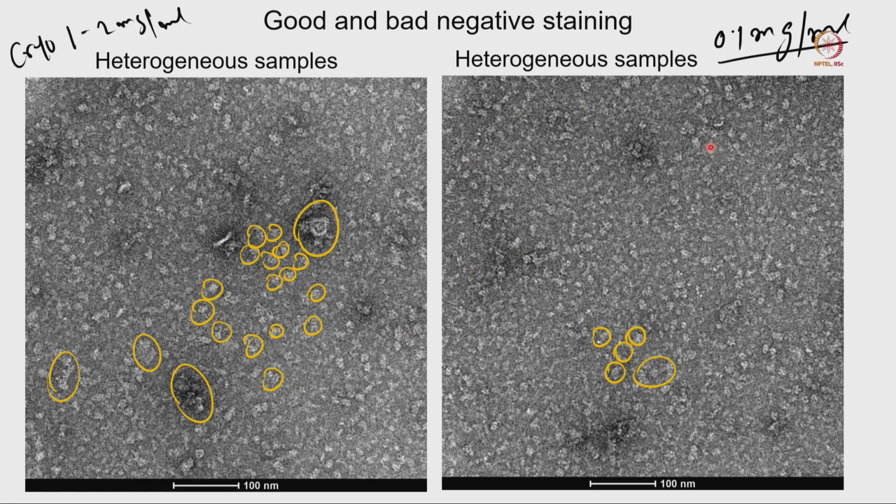So here you can see, anyone can consider that this is a very heterogeneous sample, because there are too many particles very close to each other, their shapes are not very good, and at the same time this sample is overcrowded. That means there are so many protein molecules within this one frame. So probably this protein sample was 0.2 mg or 0.3 mg or 0.4 mg, and then we prepared our grid, and that is the reason most of the areas look overcrowded.